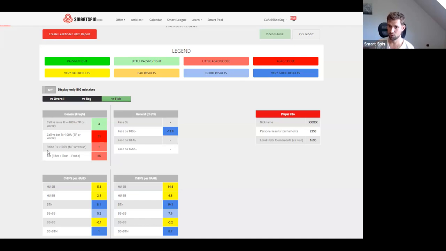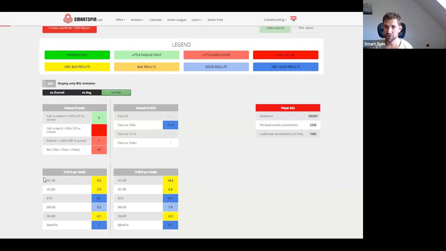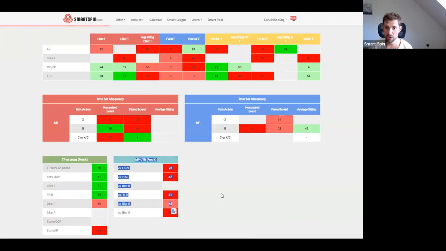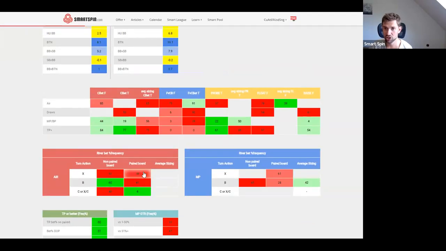So, you know, to call the pot size bet, we need to win 33% of the time. While if it's below 30, it means that it's a slight loss, but the pot is so big that it's a significant loss that's repeated, especially with such a frequency. So this is the problem: calling too frequently bets with top pairs, with medium pairs, slow playing too much, and